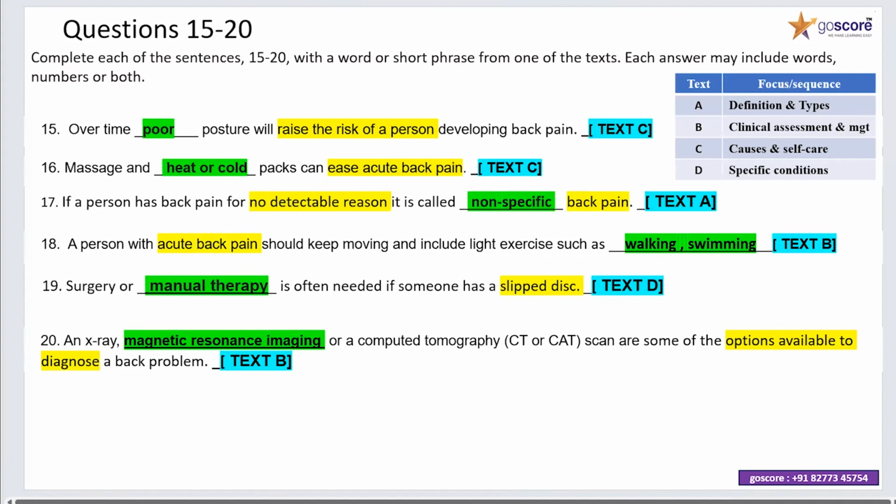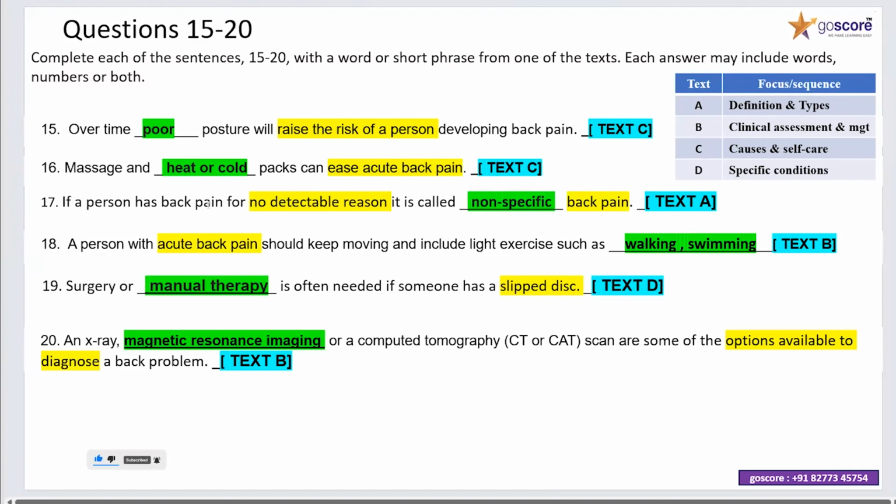So hope you understood all this. And one more thing, this will all be possible if you know the strategies, the sequence or focus. If you don't know it, then it will be very difficult to find out from which text the answer comes. If you don't know which text it is, how can you find the answer? You will search in all the texts. For example, if you take